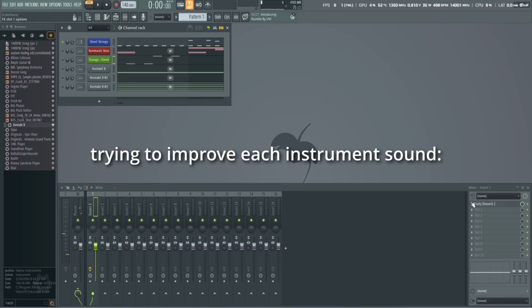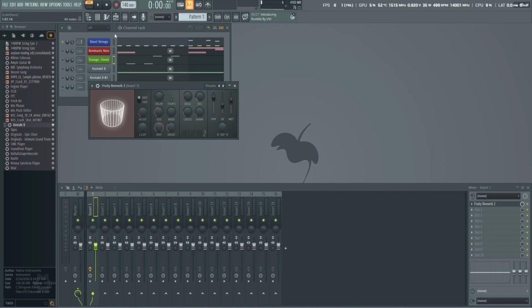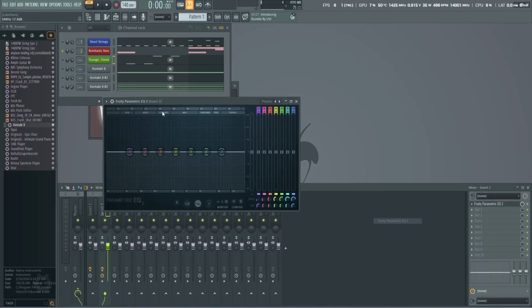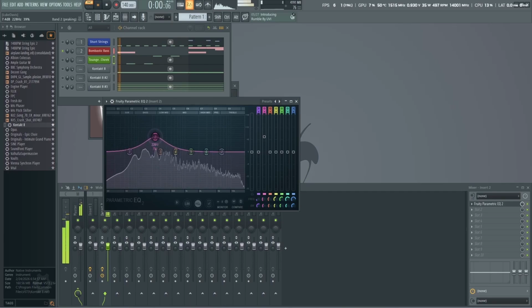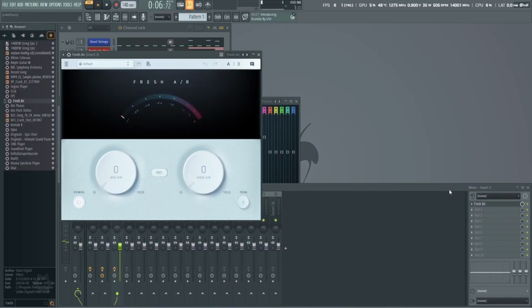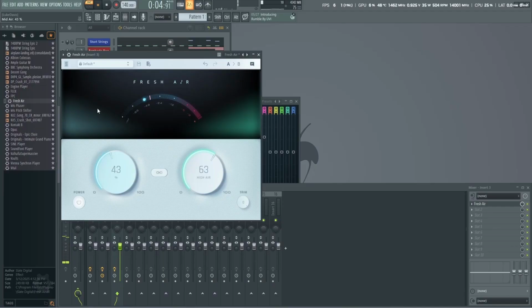If we have this on mixer 1, we could add a little bit of reverb to it. For the bombastic bass, mixer 2, and then let's do this. Let's try and add an EQ to it. Okay, next, tongue-in-cheek, fresh air, to make it really stand out in certain places. Next up,